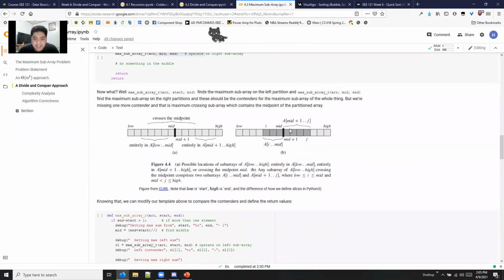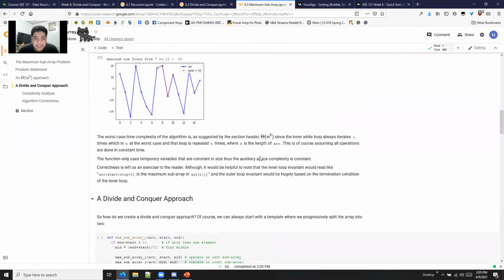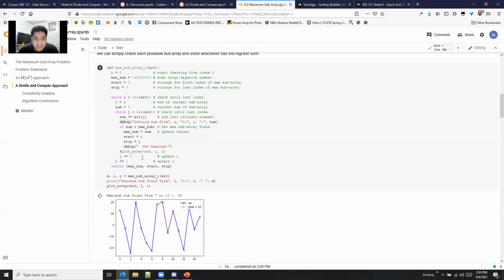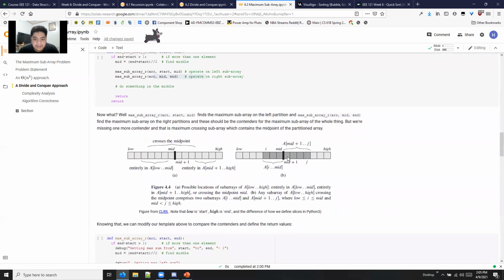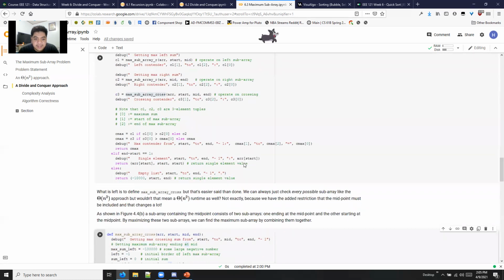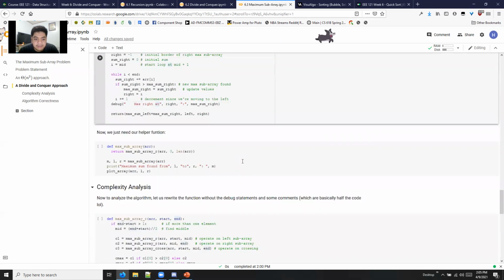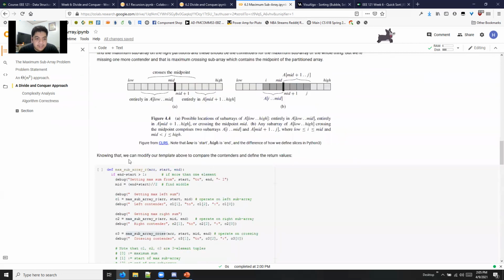Since alam natin na kailangan niya mag-start dito, yung kailangan ko na lang i-check is n over 2 items. In comparison dito, kailangan kong i-try lahat ng start, lahat ng end. So basically, by defining yung boundary natin, mas mabilis na yung algorithm natin. So when we run this,